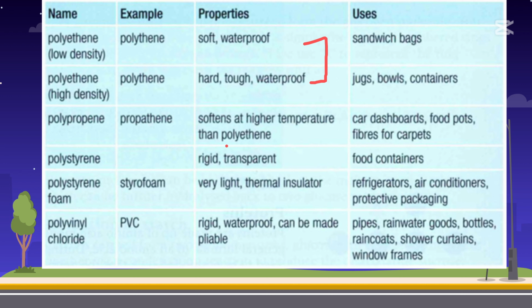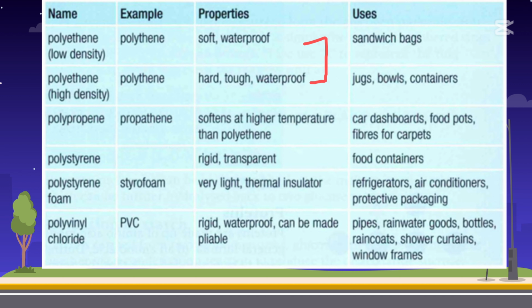Polystyrene, we know it's very rigid. It can also be transparent, and we use it for food containers. You also have the polystyrene foam, which we call styrofoam. It's very light and it's a thermal insulator. Know that these are very easy to burn, right? Because plastics, even though it says plastics, you know that